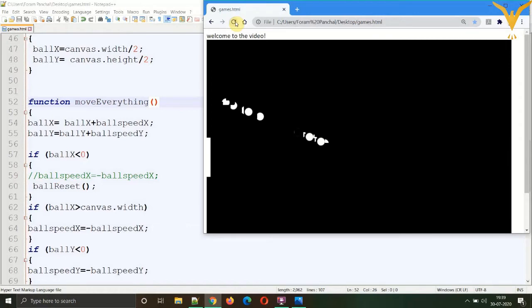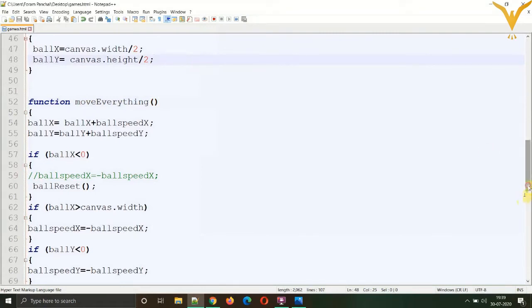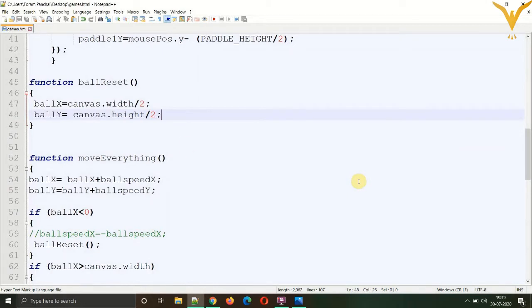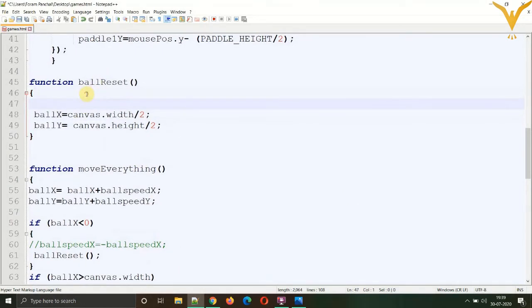Now what happens over here is the ball is getting stuck. For that, what we need to rectify is we need to change the direction of the ball inside the ballReset function. So whenever it touches the left edge, it will reset the position.